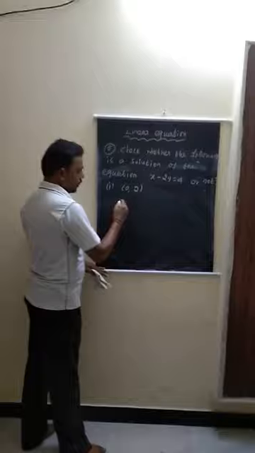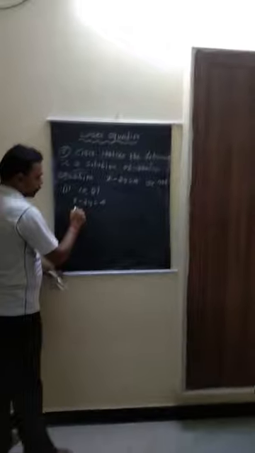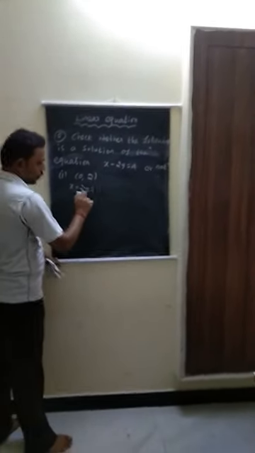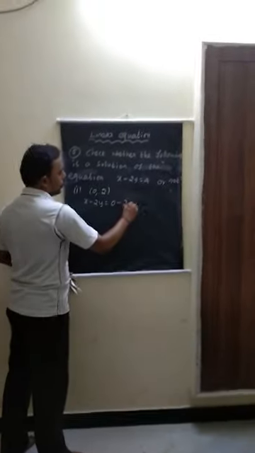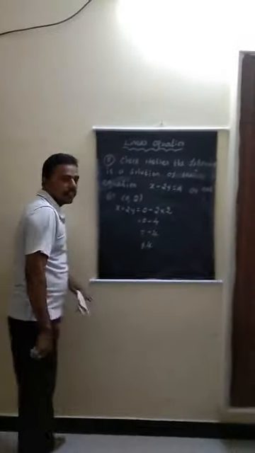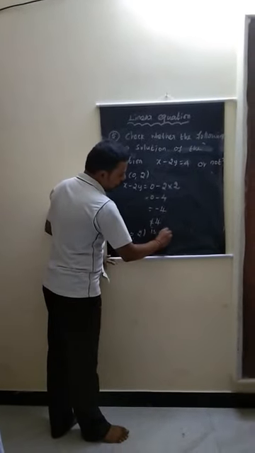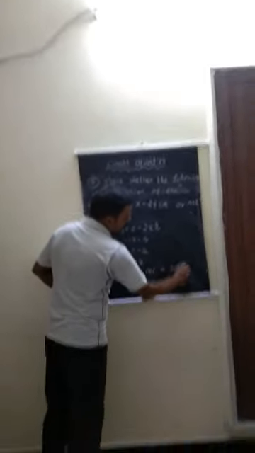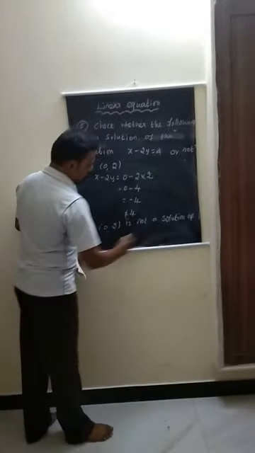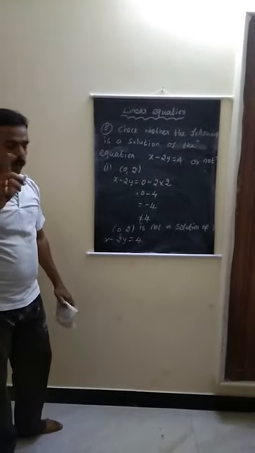So x minus 2y equal to 4 is given. For that, substitute the x value. So x minus 2y equal to 0 minus 2 into 2. Substitute x value 0 and y value 2 here. So 0 minus 2 twos are 4. That is minus 4. Here we have plus 4. No, this is not equal to 4. So that's why 0 comma 2 is not a solution of x minus 2y equal to 4. Like that we need to write. Okay, one way of answer.